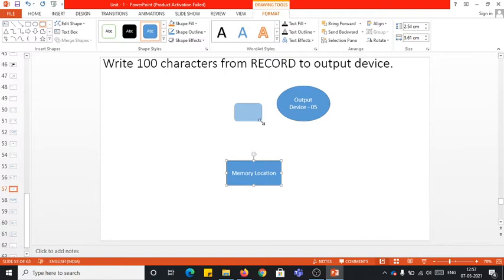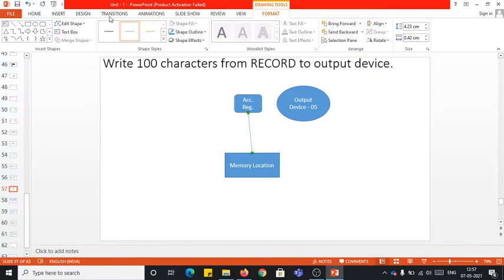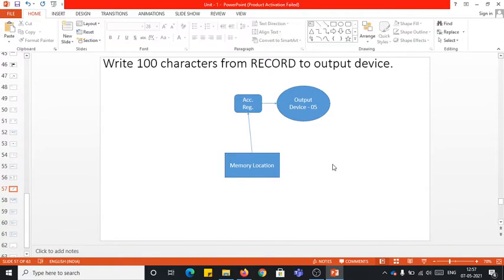So here is the accumulator register, I'll simply say ACC register. I repeat, whatever you want to write onto the output device, first you should bring it onto the accumulator register. So first you put the data onto the accumulator register, then only you can write onto the output device by using your write operation, right?